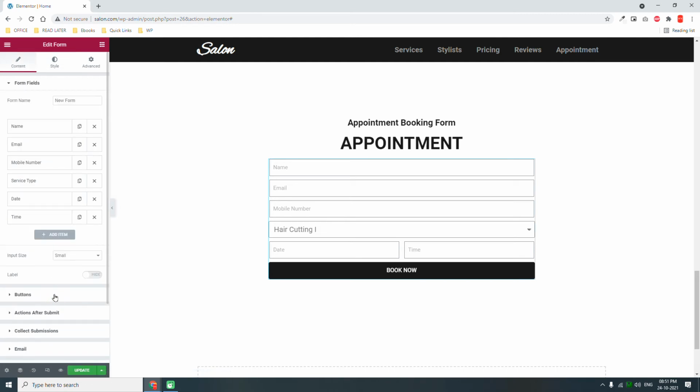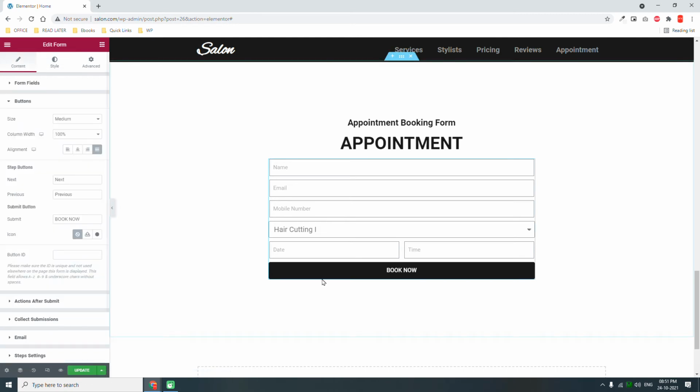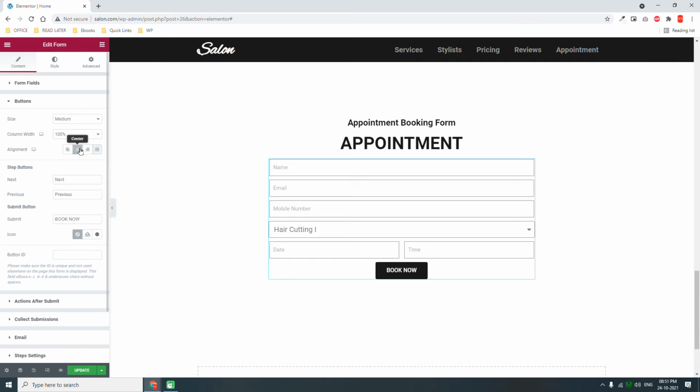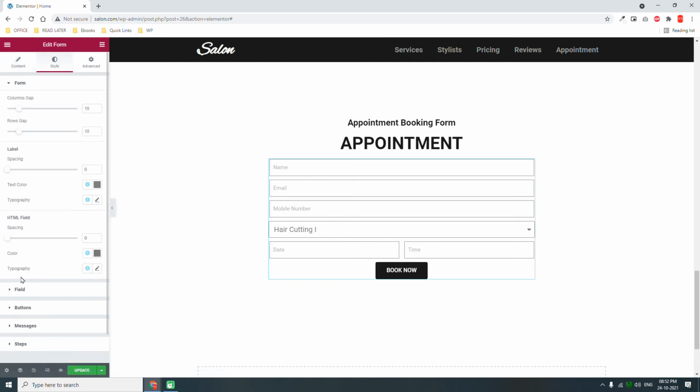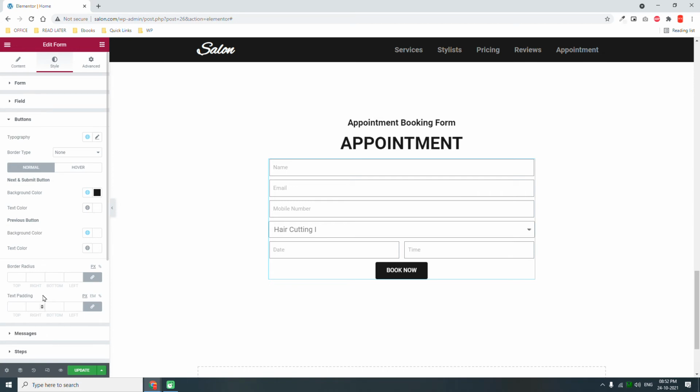Button, I do not want this full width button, but align centered. Okay, that's good. Then go back to style. Here buttons. Okay, here